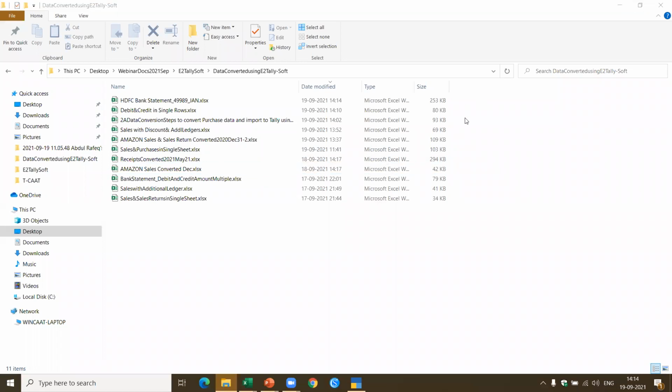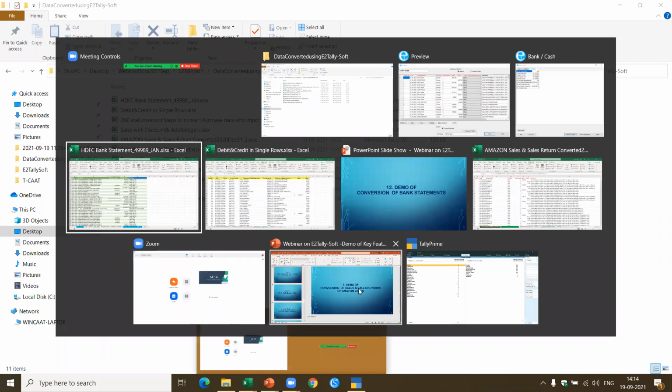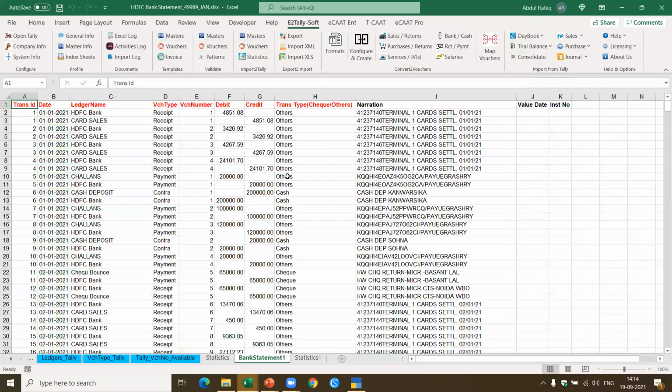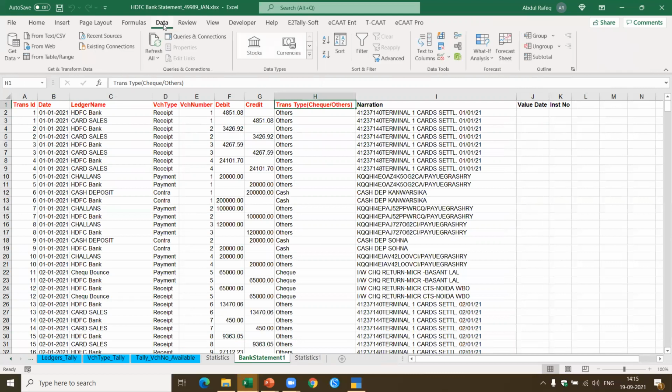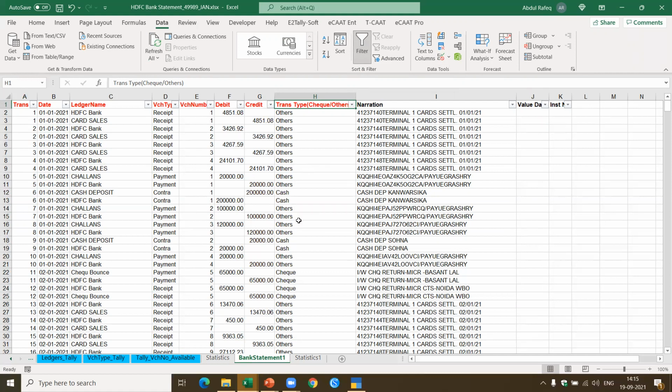Now you see, from the Excel worksheet which was available, which I've downloaded from HDFC, I've got this. Do you want to open the file? I say yes. Now, if you see, all the transactions have been converted and we are ready to import. Now, it also got the value date and the instrument number. This is another interesting part which I want to show you. We have built intelligence into the software, so it's able to directly pick up, based on the transaction, whether it's a contra transaction, cash or a cheque, and whether it's NEFT or RTGS. That also will be added based on the transaction type.